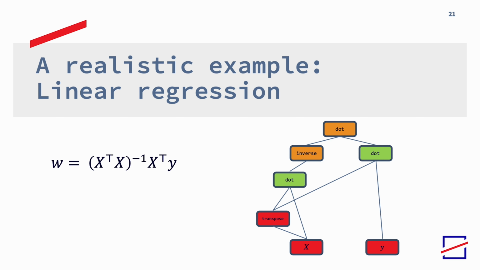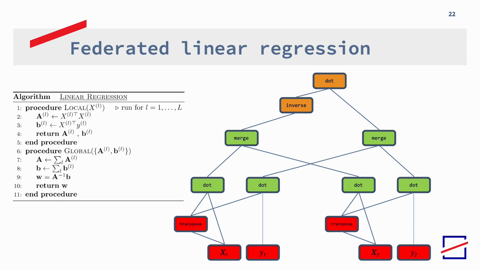And indeed, this leads to a solution that is both correct and privacy preserved, which is represented by this complicated graph, where green boxes represent the results that have to be shared to the central node